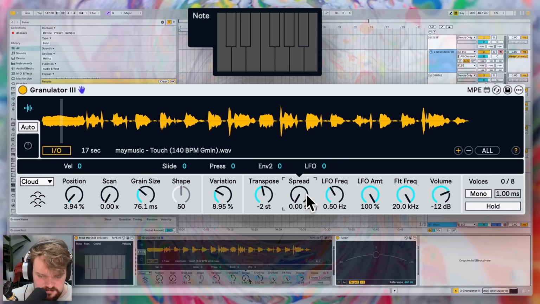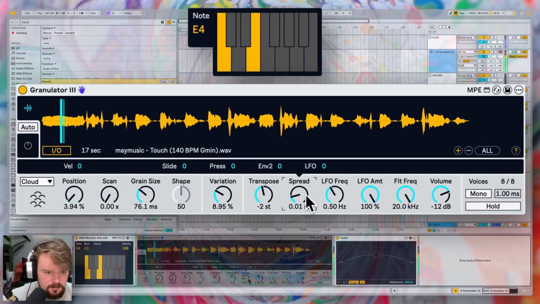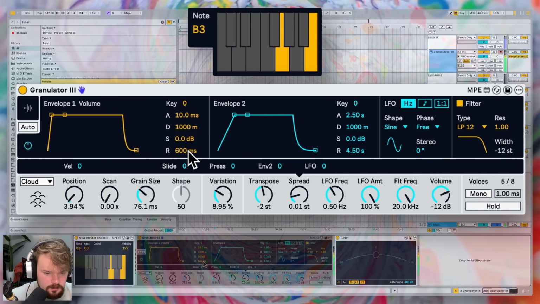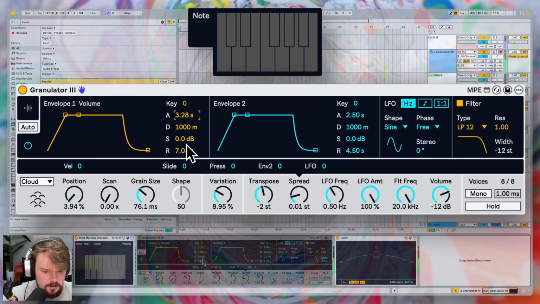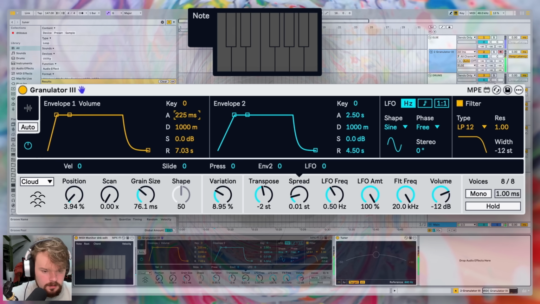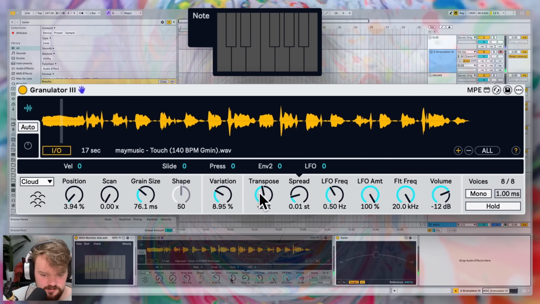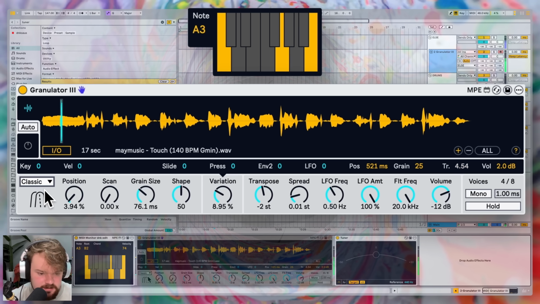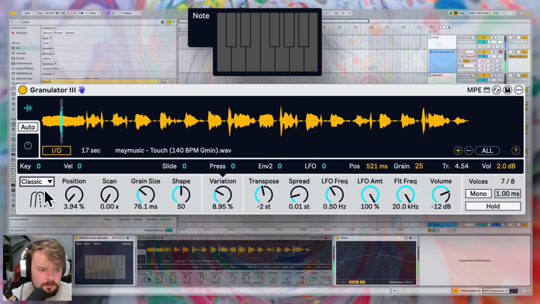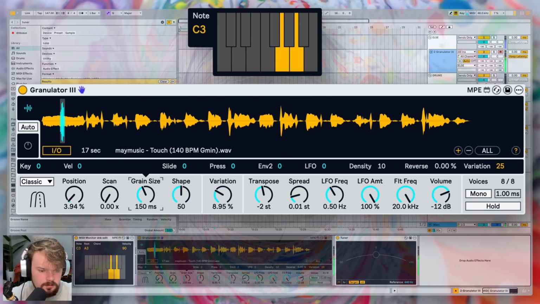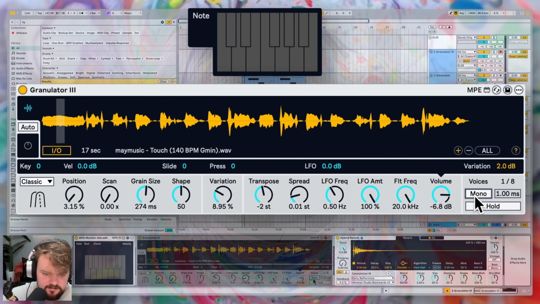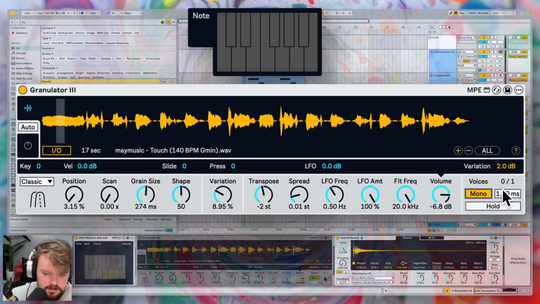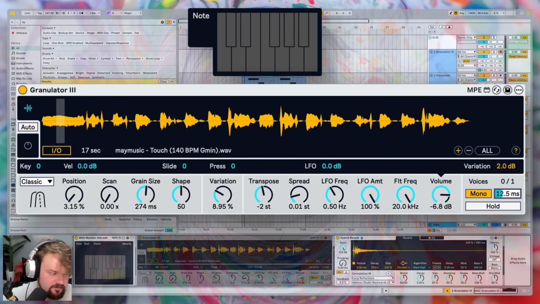And the spread knob gives a different pitch to the right and left ears, which creates a stereo effect. Sounds really icy in my opinion. It's also interesting to see how this sounds in like other modes like classic. So you can also actually have this glide if you turn on mono and then turn up this little glide knob over here. So if you hold a note,